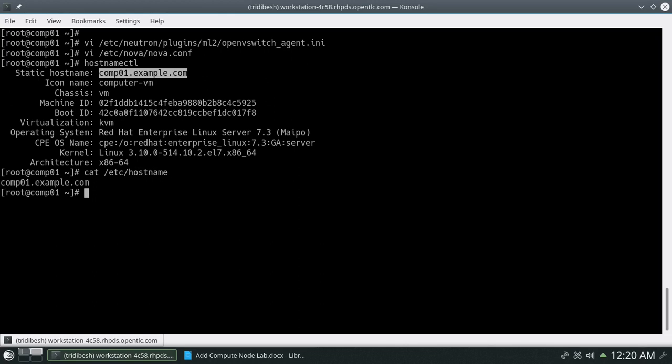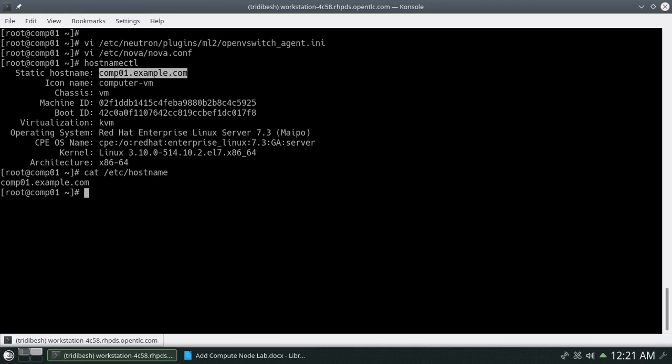Once you are done with these changes, you have to make a modification on the controller node to allow traffic from this new compute node, because till now we had only one compute node, so it was only allowing traffic for that particular compute node. Now we have another one, so we need to allow for this, as both these compute nodes are in the same network range.